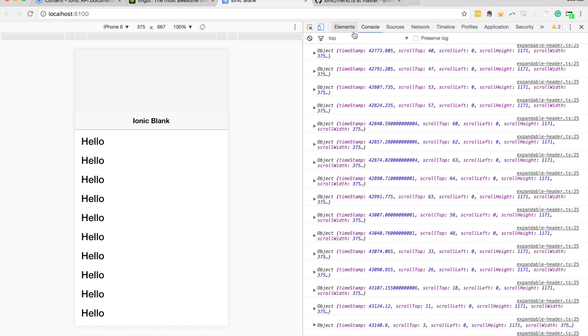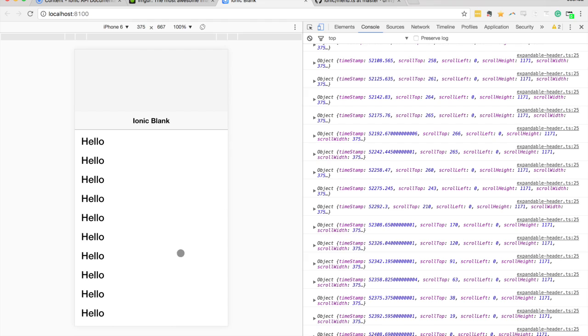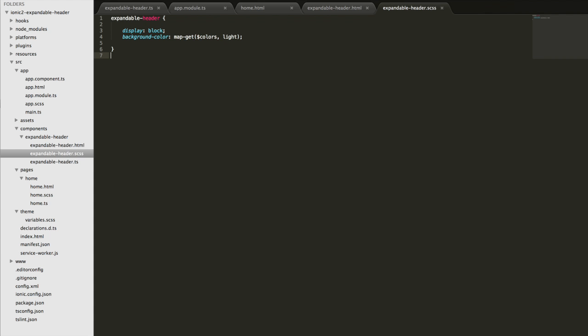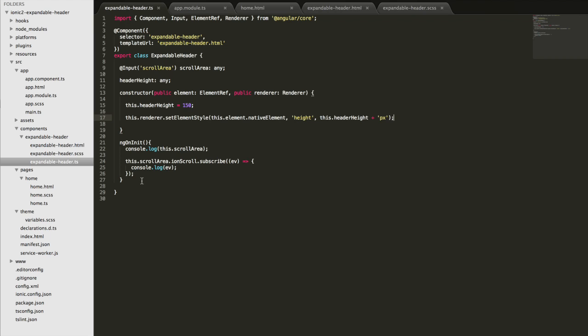We've got the header now set to 150 pixels, and we've got our scroll event set up. We can listen to the scroll and figure out the scroll top. So now what we want to do is make that scroll event affect the height of this header section here, this expandable header section. So what we're going to do is access that scroll top value. So we'll jump back in here, and I'm going to create a separate function here, and we'll call this resizeHeader. I'm going to base that on the event,